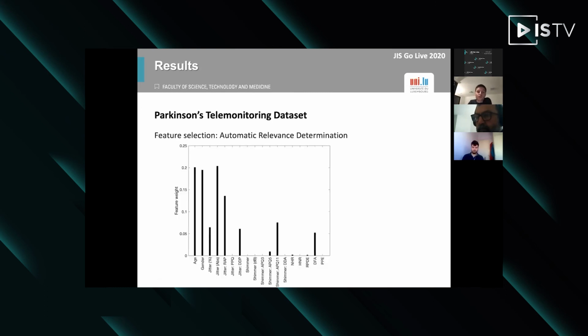Finally, we repeated estimating the feature importance for this particular data set, and we have found that 8 out of 18 features were the most important. What we have found here is also that jitter features are more important than the shimmer features, which assumes that variability in the frequency is more important than the variability in the amplitude for determining the stage of